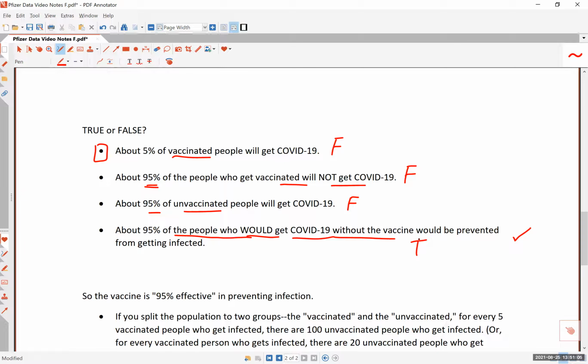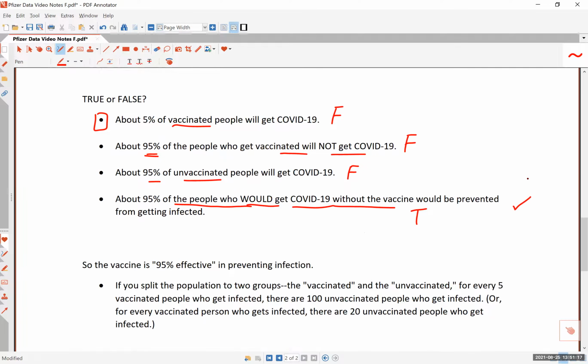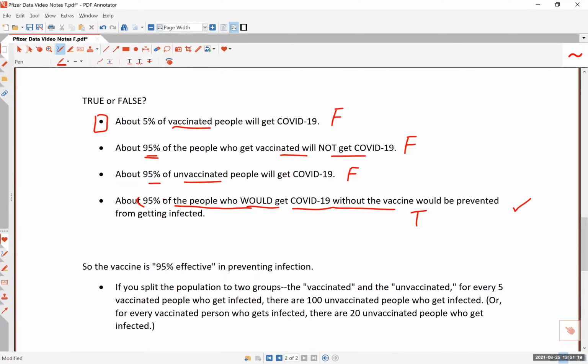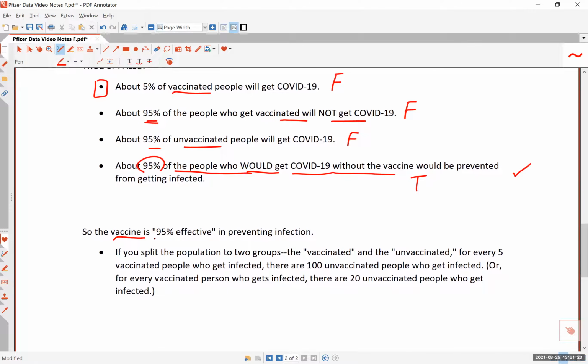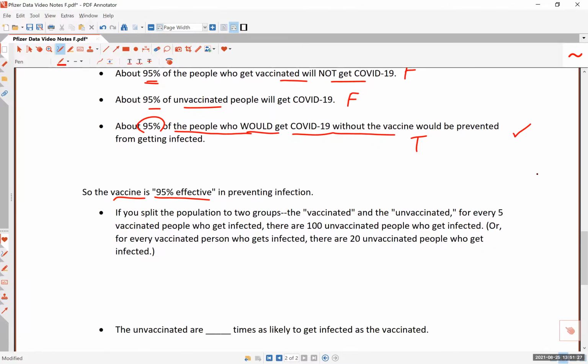So if 100 people would have gotten COVID without the vaccine or before vaccination was available, then 95 of those people would not get infected with COVID-19 if they are vaccinated. And that is what this number means. All right, so that's why they say the vaccine is 95% effective in preventing infection, because 95% of those who would have gotten COVID will not get it